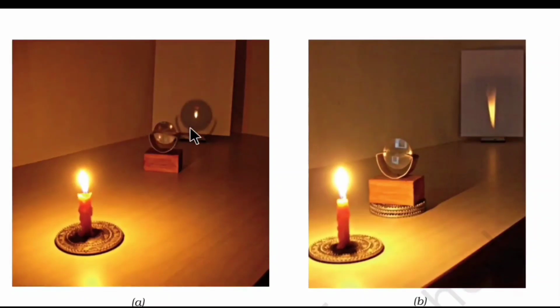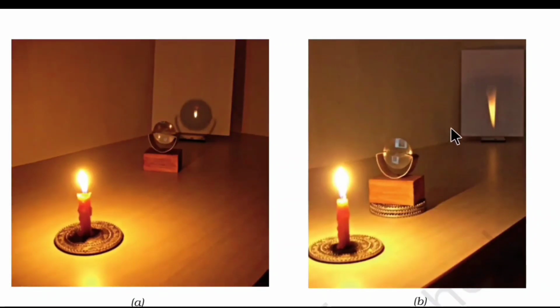So you will see that the image will be formed. Just adjusting the screen and adjusting the lens position, you will get one small image on the screen that is real and inverted but smaller in size. So if you just move the candle towards the convex lens, then you will see the size of the image.